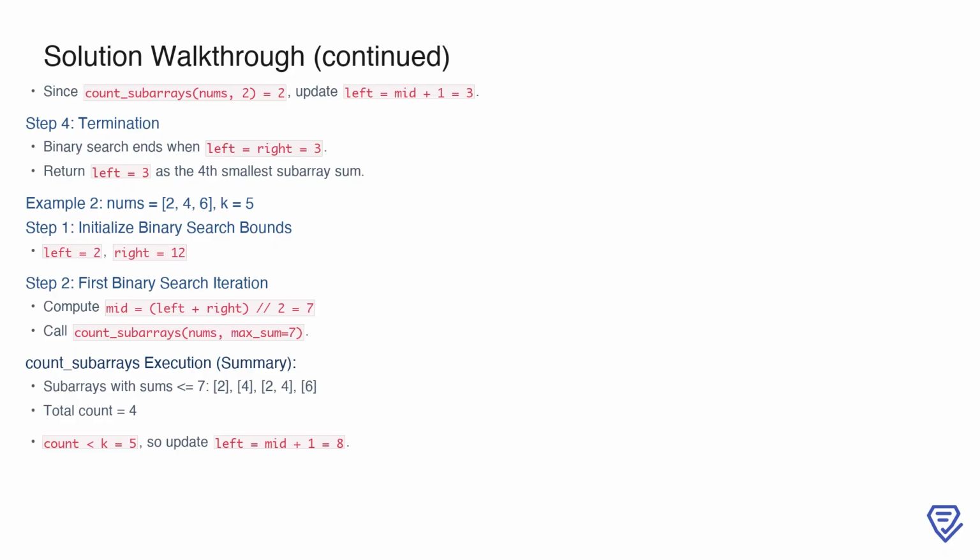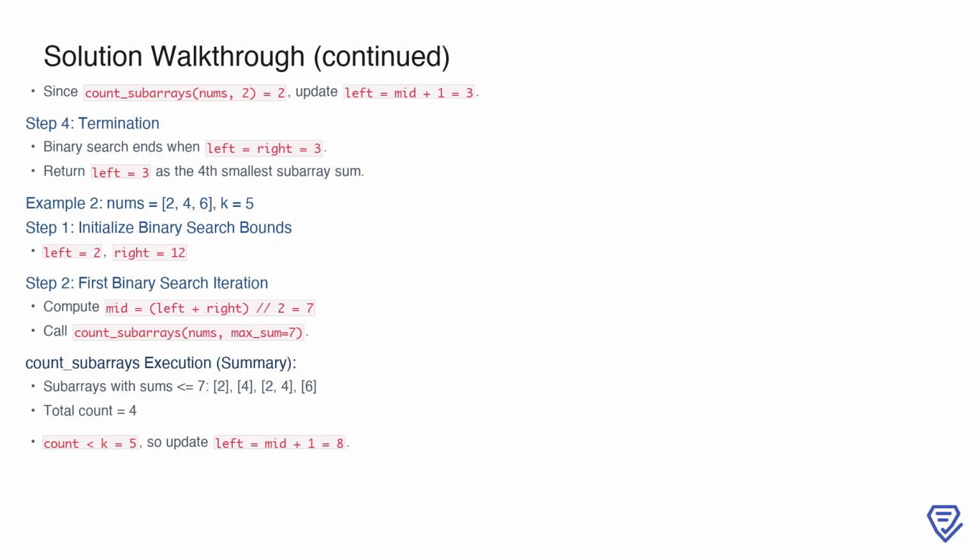In the first iteration, we calculate the midpoint as (2 + 12) / 2, giving us 7. We then call count_subarrays with a maximum sum of 7. Summarizing the execution, the function finds 4 subarrays with sums less than or equal to 7: 2, 4, 2, 4, and 6. Since the count of 4 is less than k, we update the left bound to mid + 1,